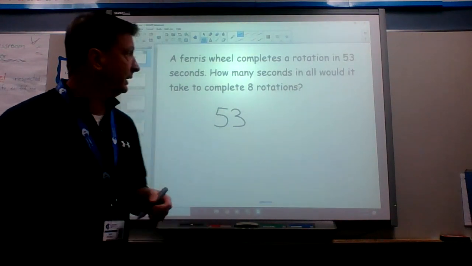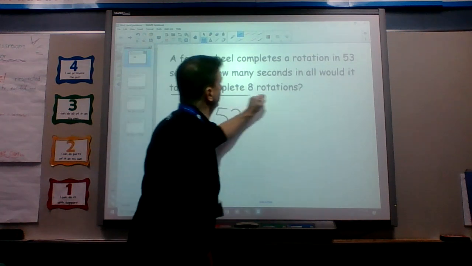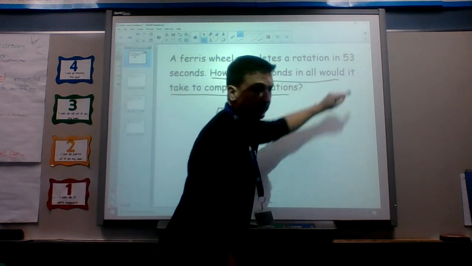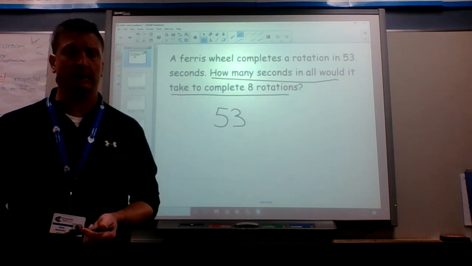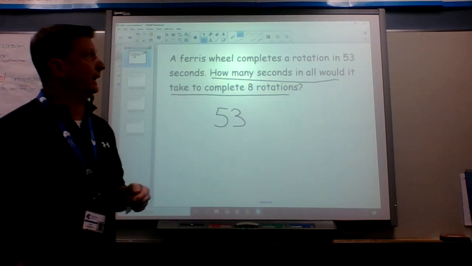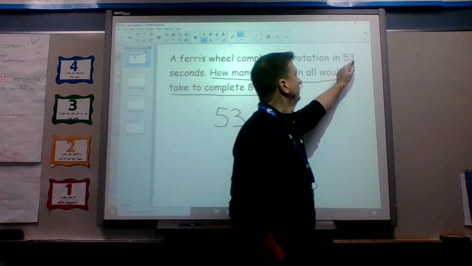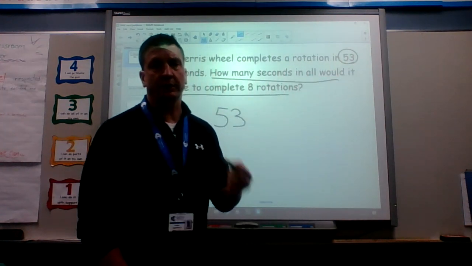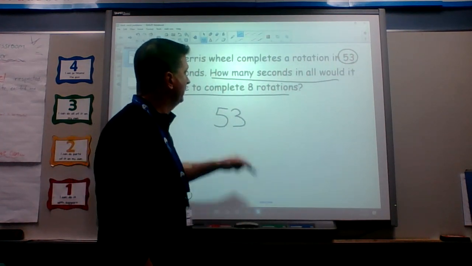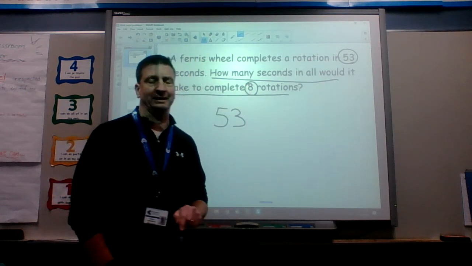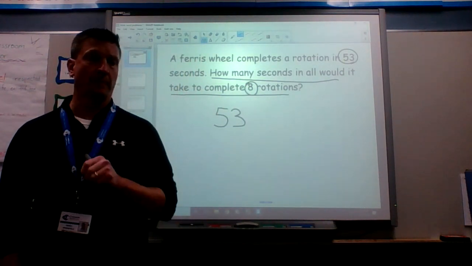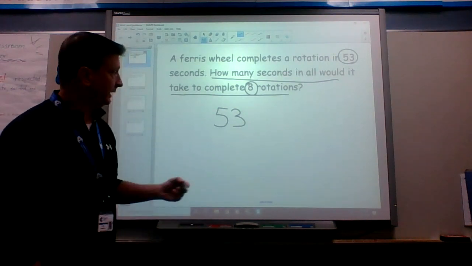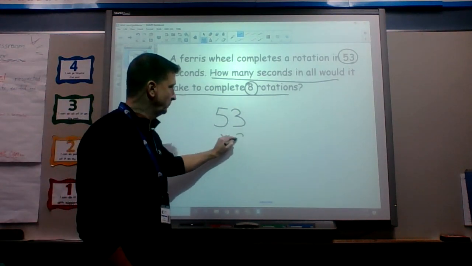So when I'm looking at this problem, I always underline what do they want me to find out. They want me to know how many seconds in all it's going to take. I also look at the important information. I know that one of them will take 53 seconds, and I know they want me to find 8 times that goes around. So if I'm going to do that, I'm going to set it up as a traditional multiplication model